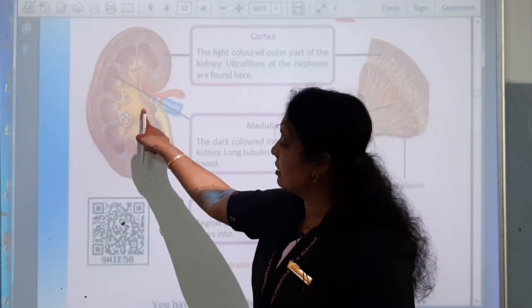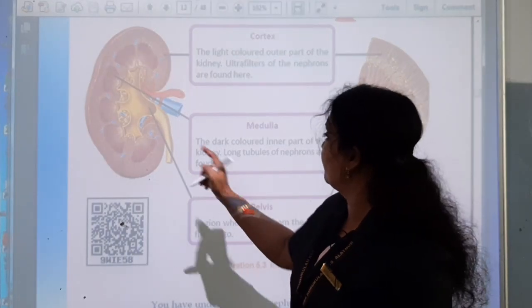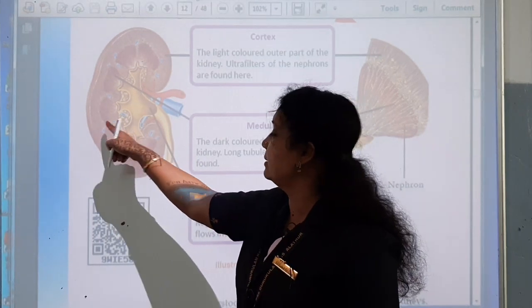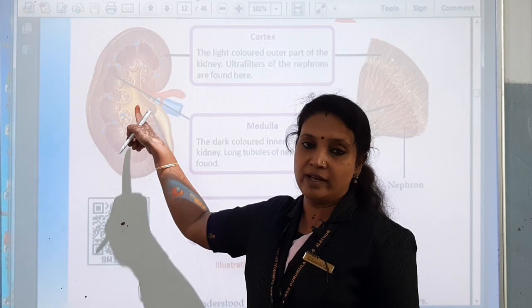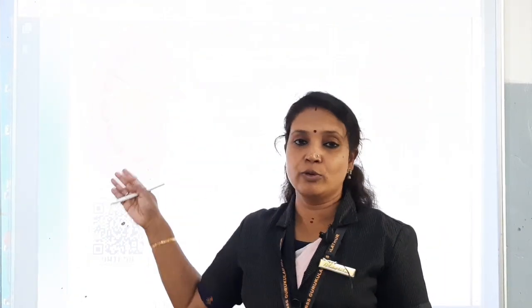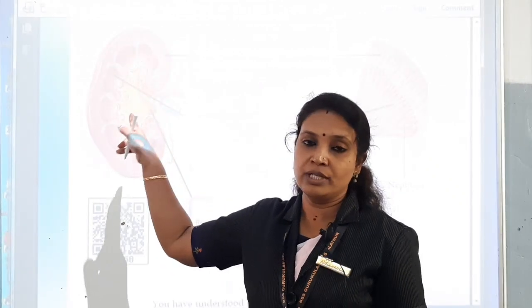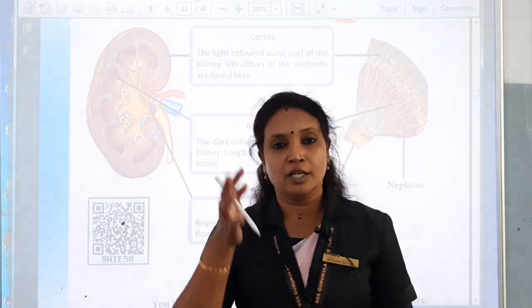Pelvis is the region where the urine from the filters flows into. These nephrons filter the urine from the blood. So the pelvis is the region where the urine from the filters flows into. From the pelvis, through the ureter, the urine reaches the urinary bladder and it is expelled out through the